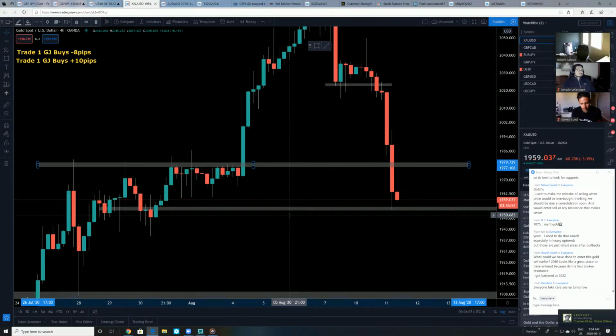That US 30 looks so nice on the 1 hour. It's just going. It's because we're going to come into the equity open and then it'll probably bounce around again. But I think if people caught it in the last hour, you're pretty good. And then this hour should give you a little bit of a push, but don't be surprised if we whip all the way back down and fill back the previous hour's bullish movement